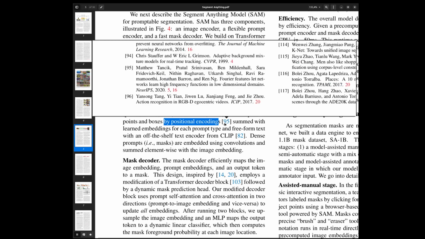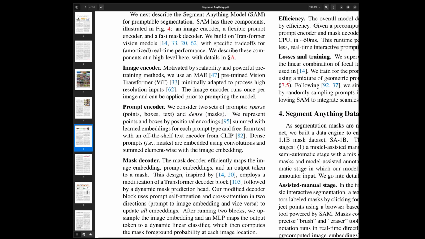But then how do you represent the bounding box as positional encoding? I guess, I don't know, maybe you just convert that straight to text. Oh, but that's so clever, because basically you get a bounding box, okay? You somehow convert it to a positional encoding, right? So then you can sum it to the embedding to inject the knowledge of the position of the bounding box. That's kind of clever, I guess.